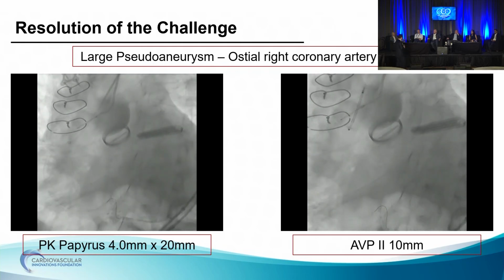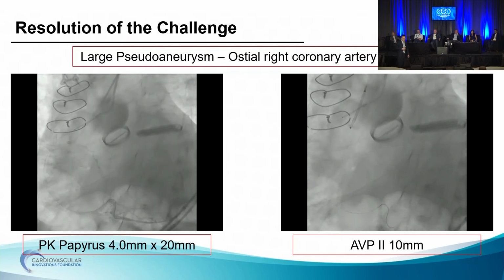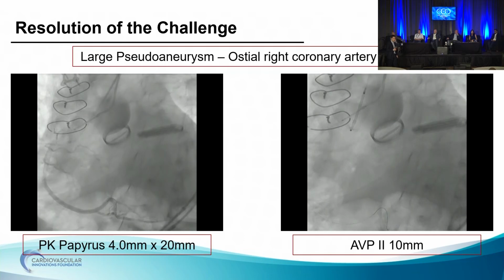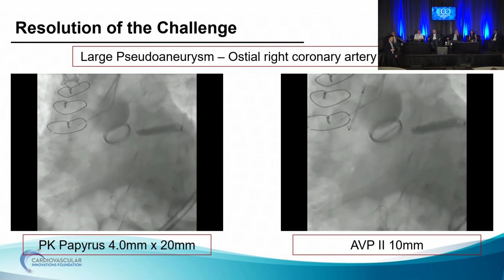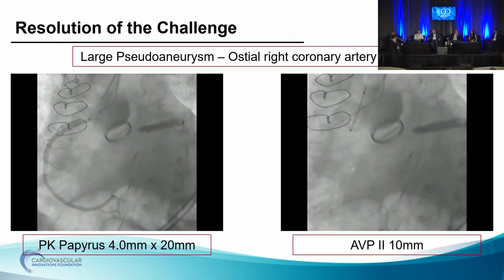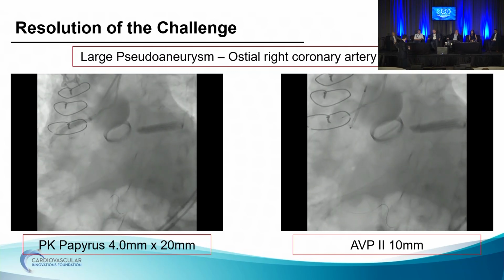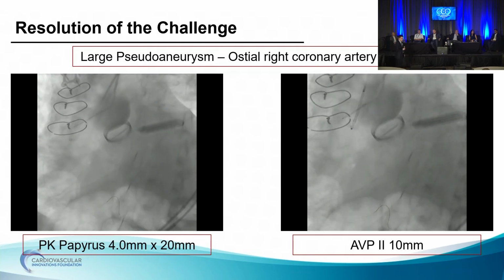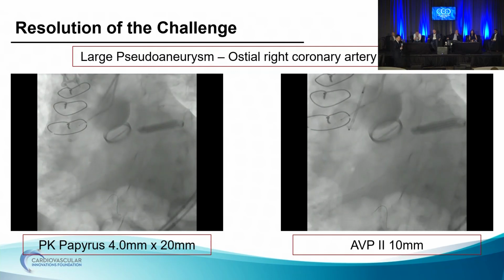Yeah, exactly. So we pick up a PK Papyrus 4.0. We have it in the ostium, the ostial proximal RCA, as our safety stent. So we're going to deploy it right afterwards, and we'll go with an AVP2 plug. On CT, they're measuring about 6 millimeters, so we thought that 10 millimeters will give us adequate coverage of the ostium of the pseudoaneurysm without having a large disc that's going to protrude in the ostium of the right